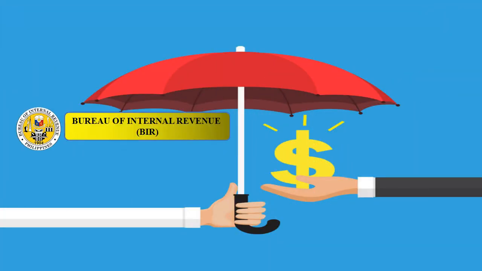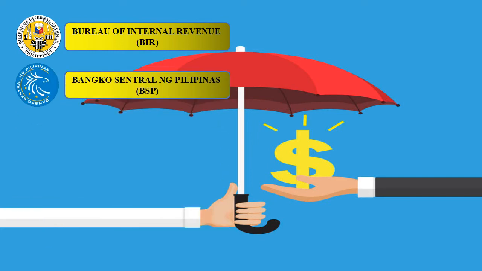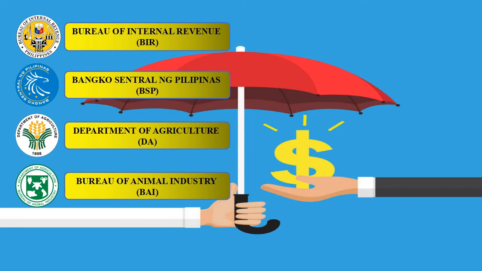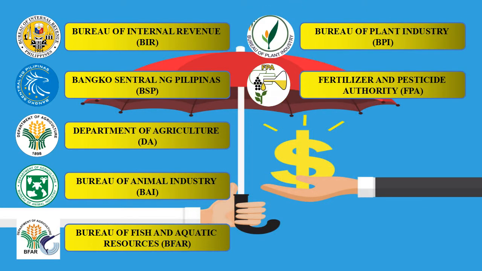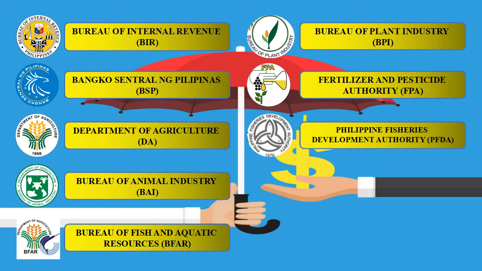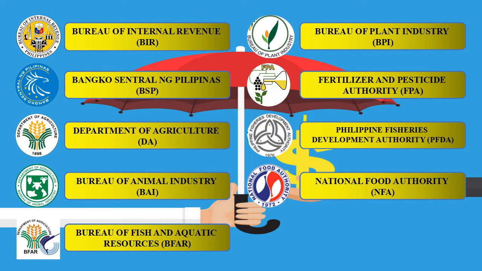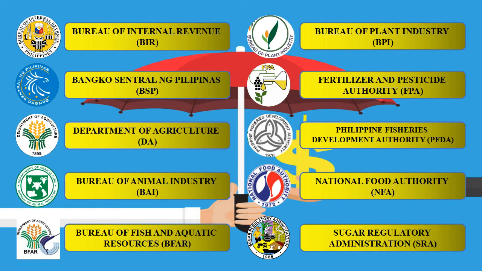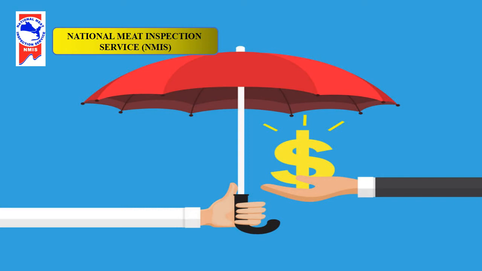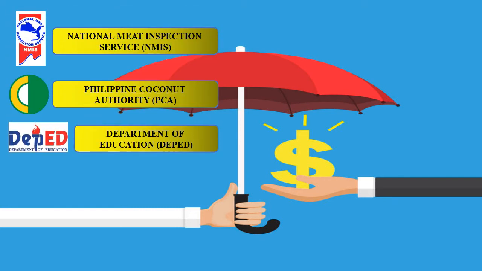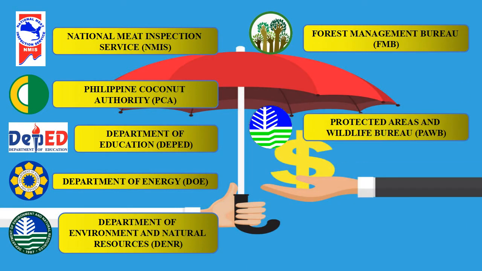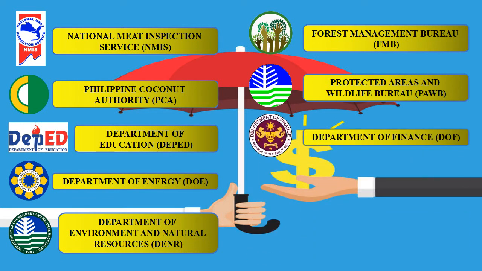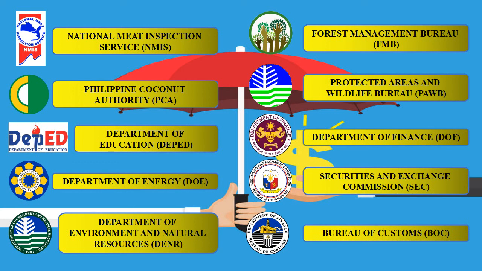They are Bureau of Internal Revenue, Bangko Sentral ng Pilipinas, Department of Agriculture, Bureau of Animal Industry, Bureau of Fisheries and Aquatic Resources, Bureau of Plant Industry, Fertilizer and Pesticide Authority, Philippine Fisheries Development Authority, National Food Authority, Sugar Regulatory Administration, National Meat Inspection Services, Philippine Coconut Authority, Department of Education, Department of Energy, Department of Environment and Natural Resources, Forest Management Bureau, Protected Areas and Wildlife Bureau, Department of Finance, Securities and Exchange Commission, Bureau of Customs,